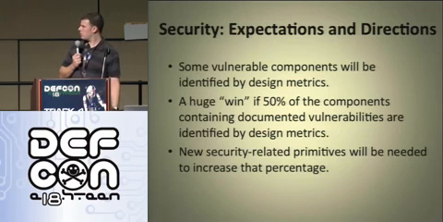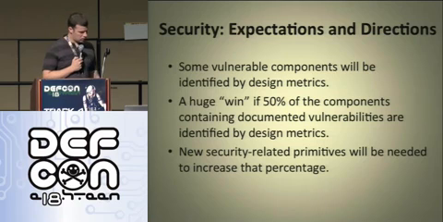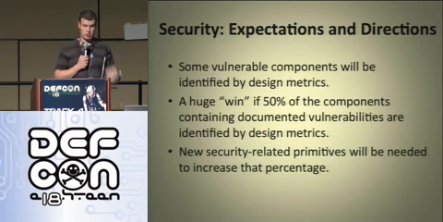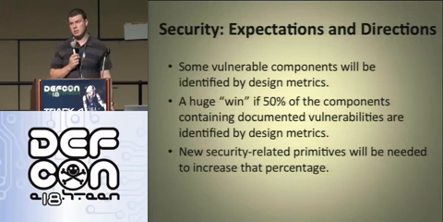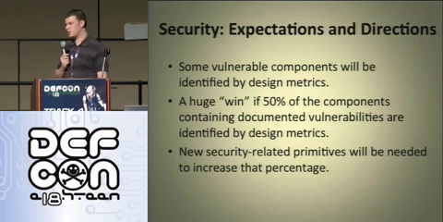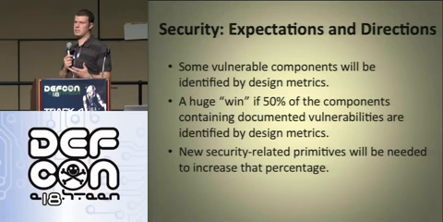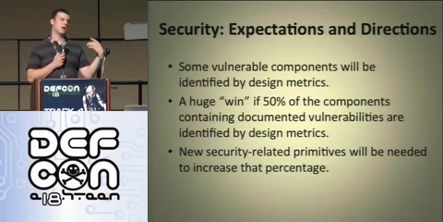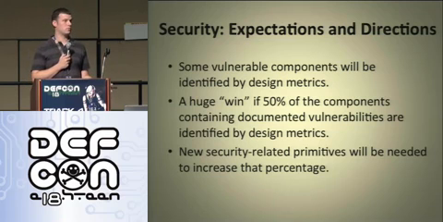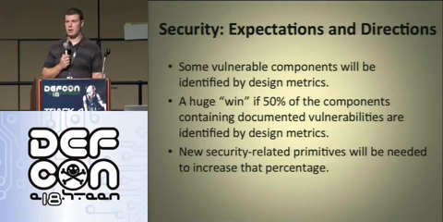And Apache. I don't know why I didn't have that on there. So pretty much we considered it would be really good if 50% of the components containing documented vulnerabilities would be identified. And what I mean by that is you have CWEs or CVEs. Basically everybody here that does security knows, you have patches, and so you actually have the stuff get reported for the most part. So you have reported vulnerabilities.